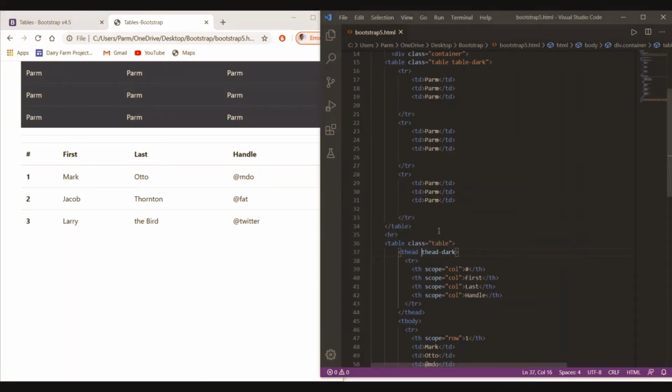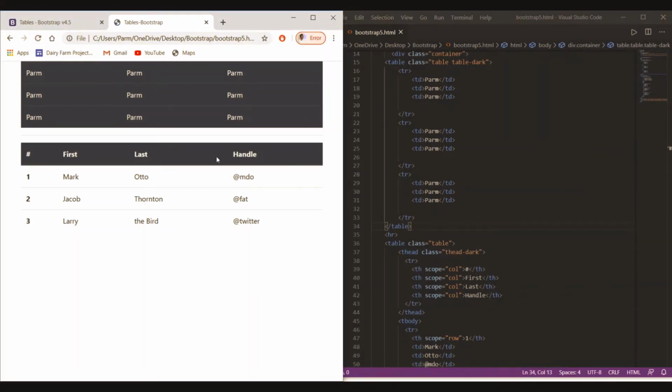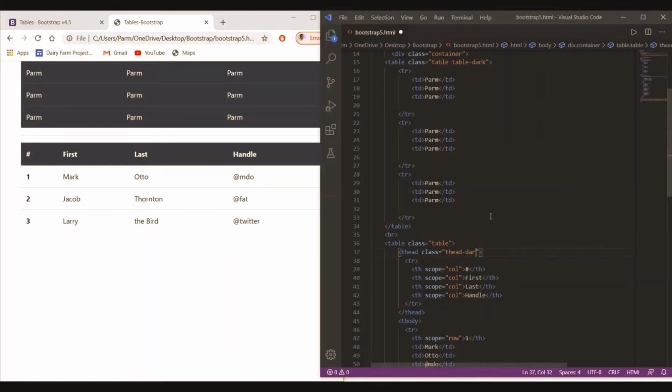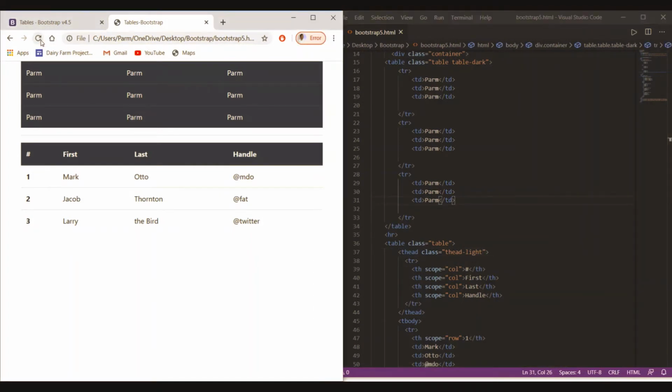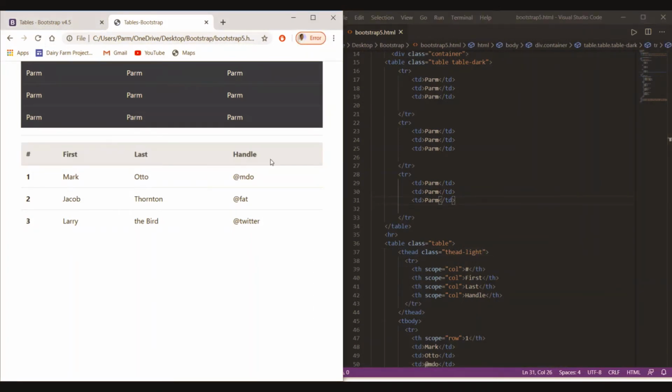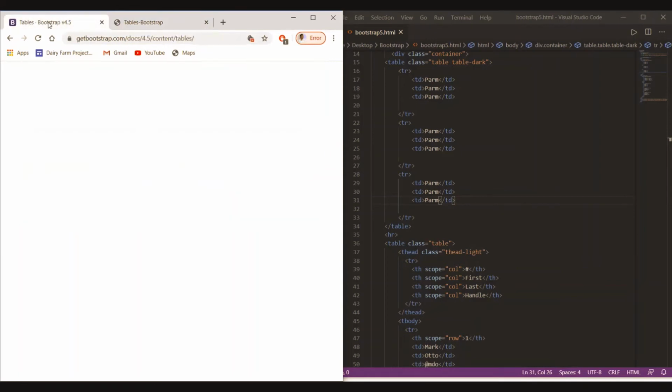Sorry, we have to use the class keyword over here. Class is equal to, and it has to be in double quotes. Save it, here we go, look at this, we made it light. A simple small code can change the view of the table.